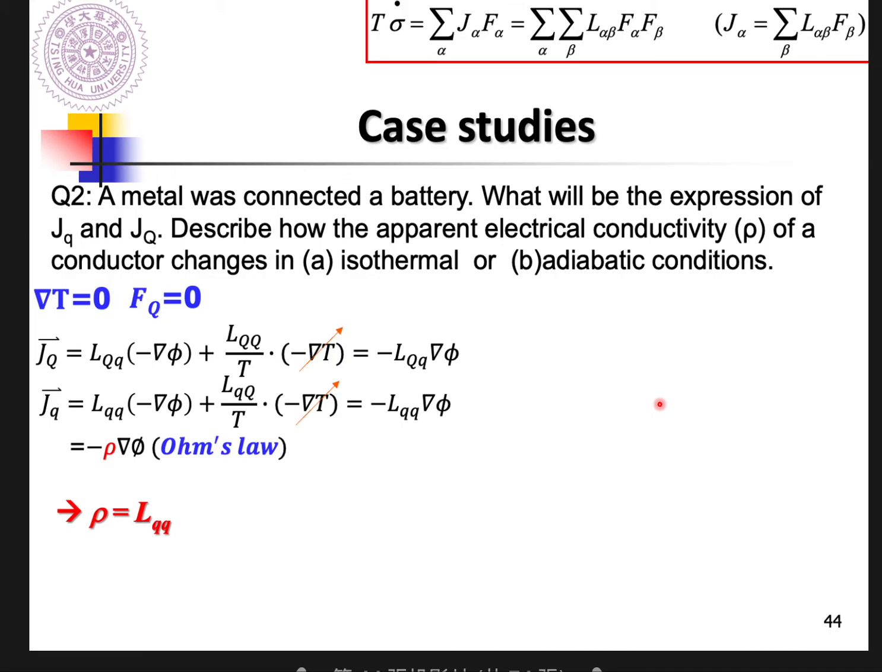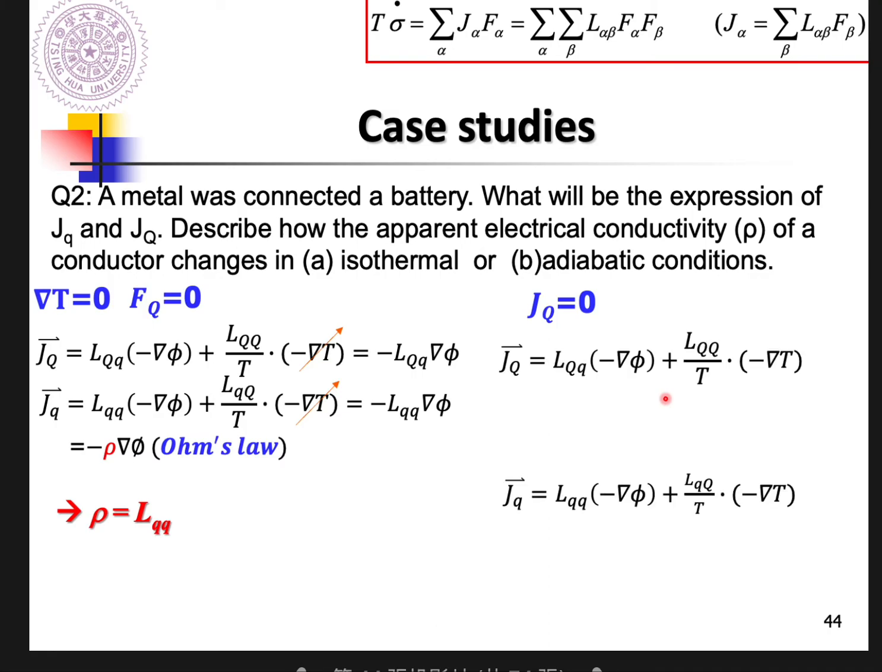Adiabatic conditions in thermodynamics just tell you there's no heat flux in the system, so J capital Q equals 0. Based on this relationship, in the same way you can formulate the heat flux J capital Q like this. And because in an adiabatic condition the heat flux equals 0, you will get the relationship that the minus temperature gradient divided by T equals this term, which is related to the